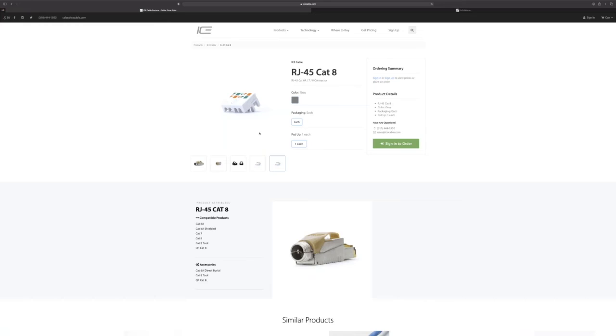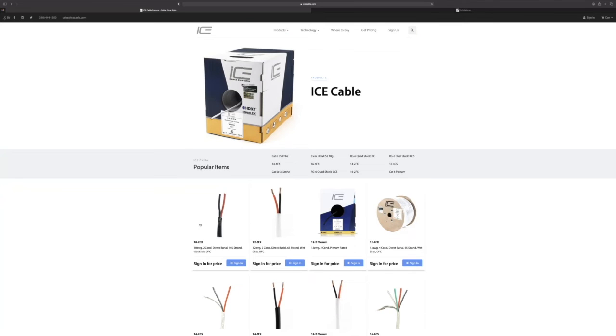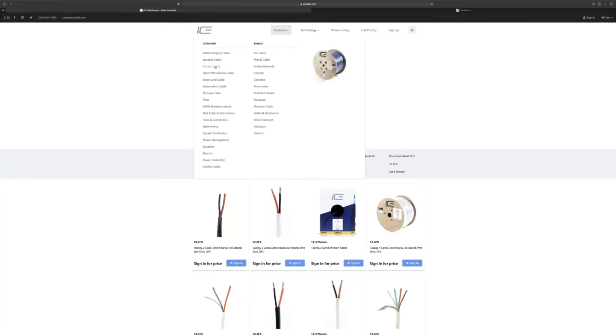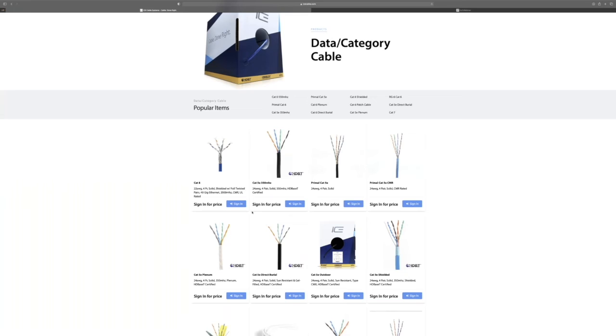What's nice about 6A is that you can use relatively cheap connectors. We're still talking about 50-cent connectors, instead of $12 connectors, and you're still able to get the 10 gig speeds that Cat 6 can't give you. So that's why we really recommend 6A as the sweet spot. It can handle at least the minimum